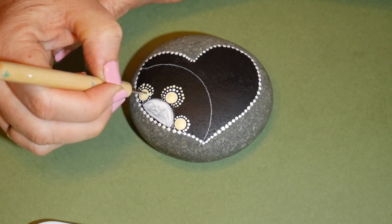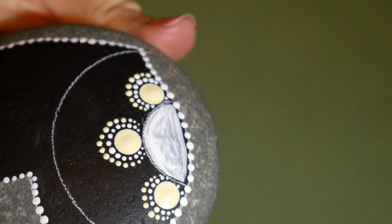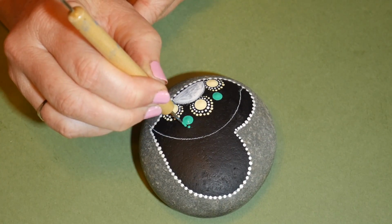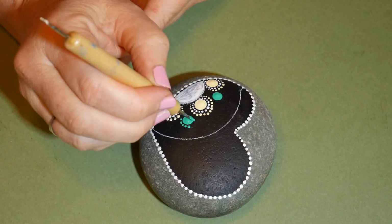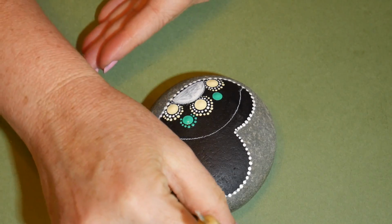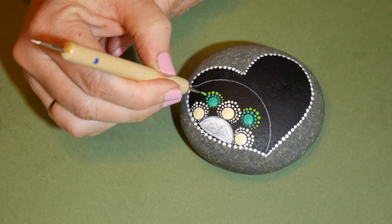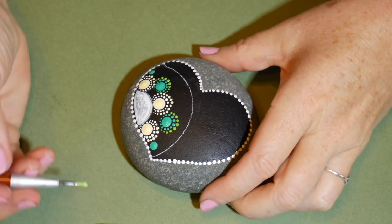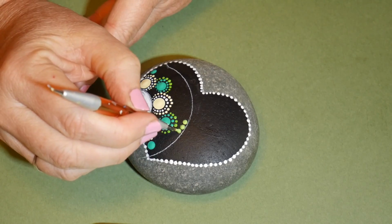Doing the next row all the way around. Now I'm setting in some medium-sized green dots, and then I'll be walking 2 rows around those. I decided on a slightly lighter shade of green for the second row. Then I put 2 green dots on the outside of that row, and I decided to fill in this half